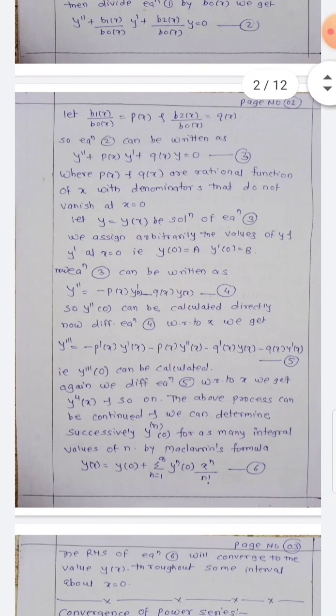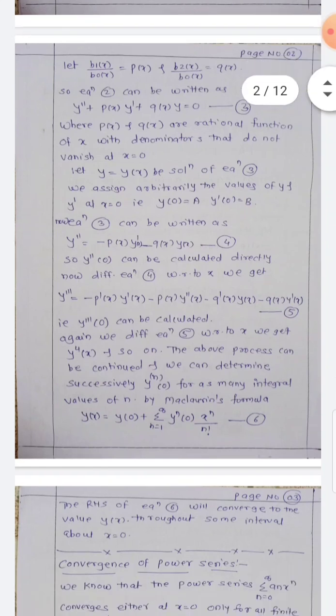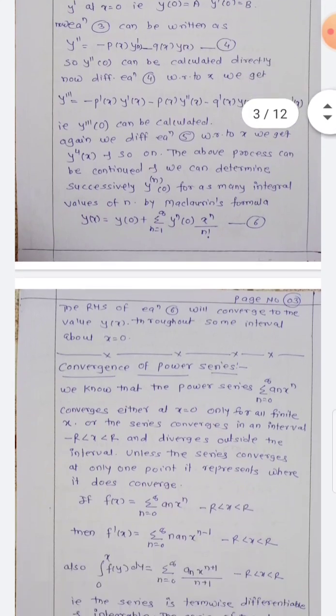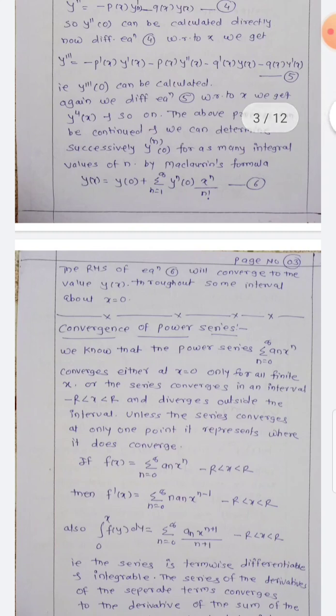Here p(x) and q(x) are rational functions of x with denominators that do not vanish at x equal to 0. And then we assign the solution for equation 3. So that we discuss here. Now first we consider y equals y of x is the solution. Then from that we find y dash, y double dash, y triple dash and so on. So we continue this process